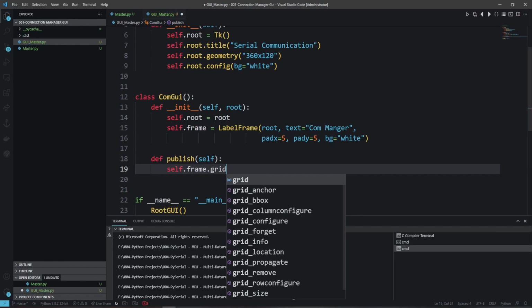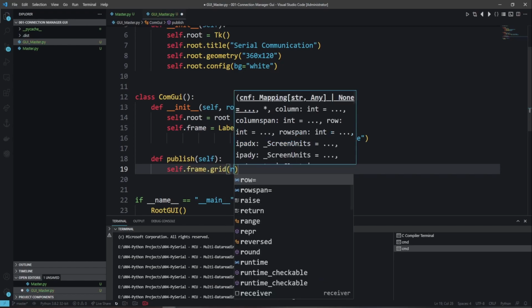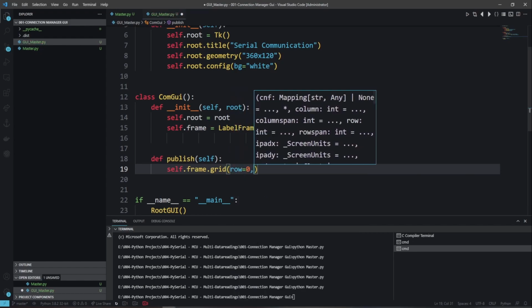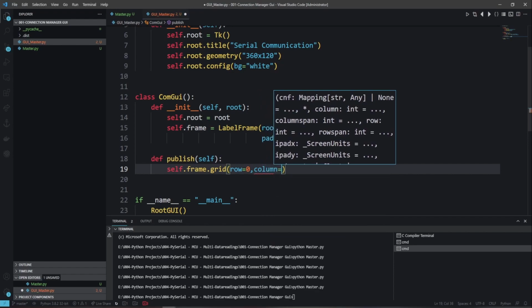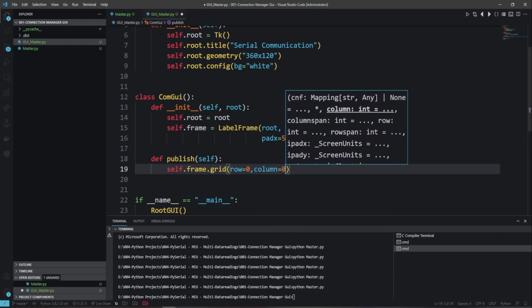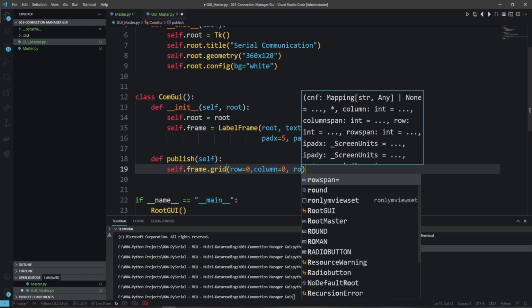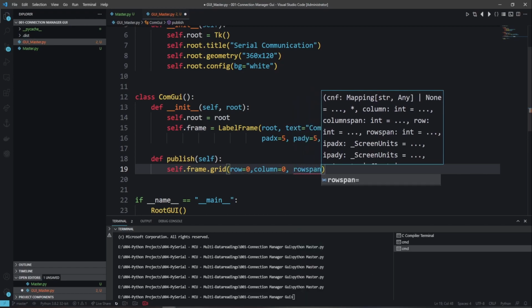We just make its row equal to 0, so on row 0 of the root, and also column 0, because this is something we would like to have at the very top left. And for the row span, how many rows it takes, let's say row span will be equal to 3,